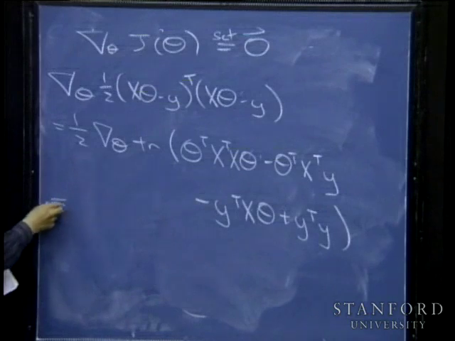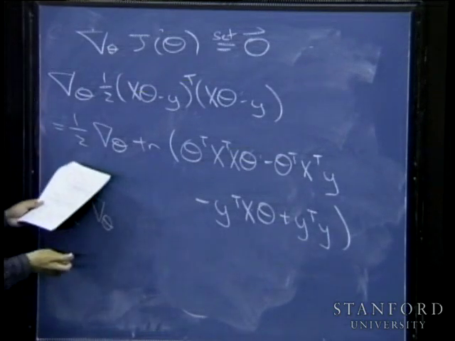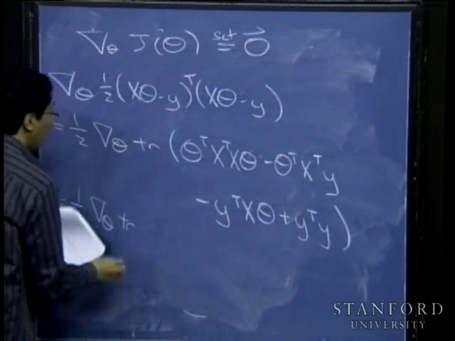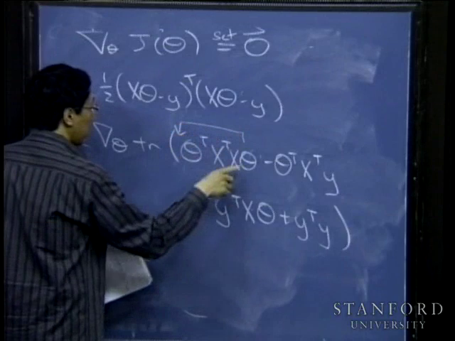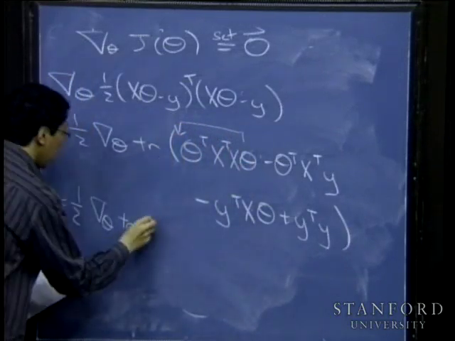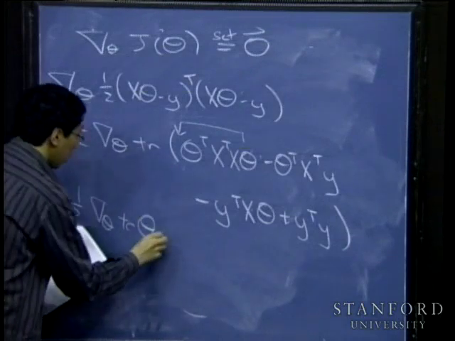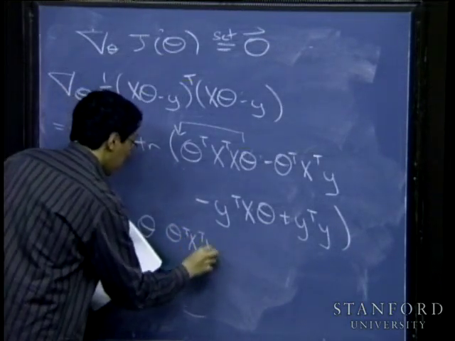And this is equal to 1/2 the derivative with respect to theta of the trace of... by the cyclic permutation property of trace, I can take this theta at the end and move it to the front. So this is going to be the trace of theta times theta transpose x transpose x